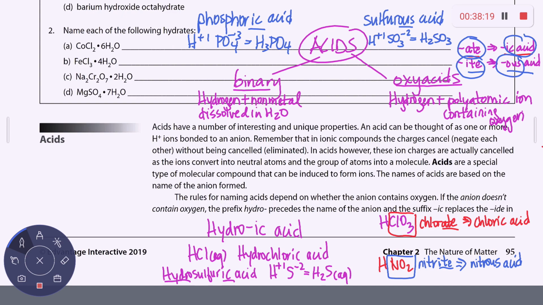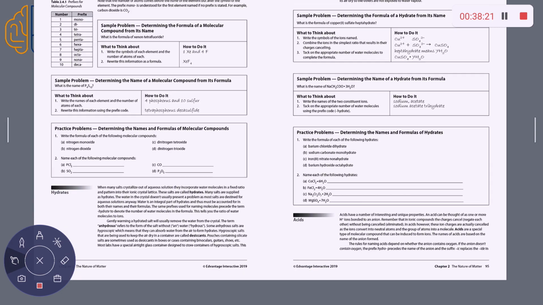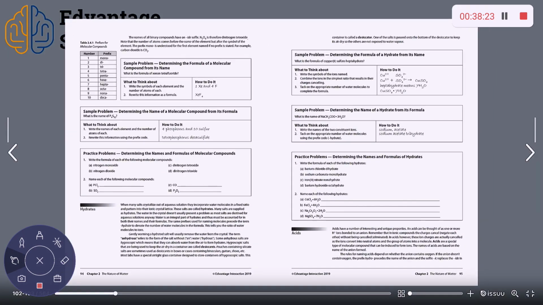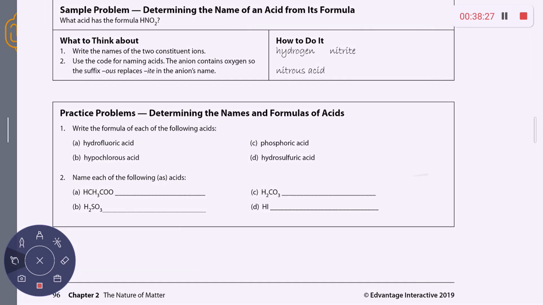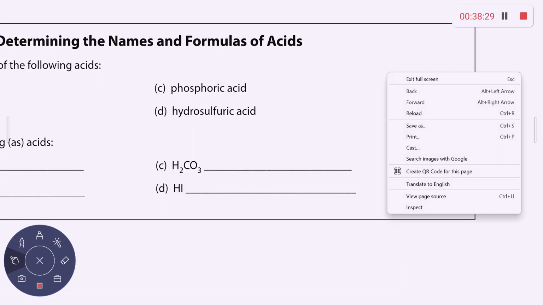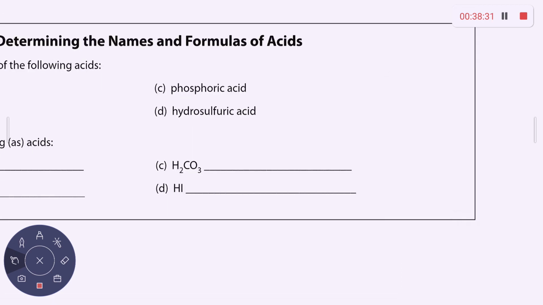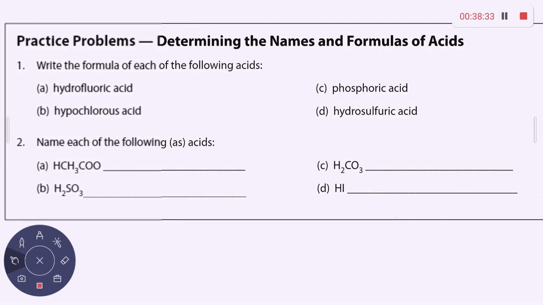Do you want to do more practice? Or are you good? On the next page, I've got practice problems right here. Do you want me to do them? Yes. Okay. So if you take a look at number 1,